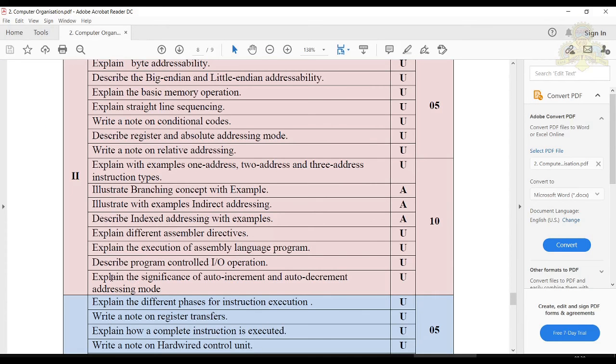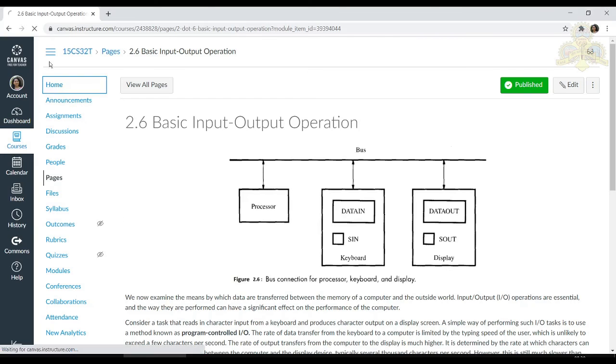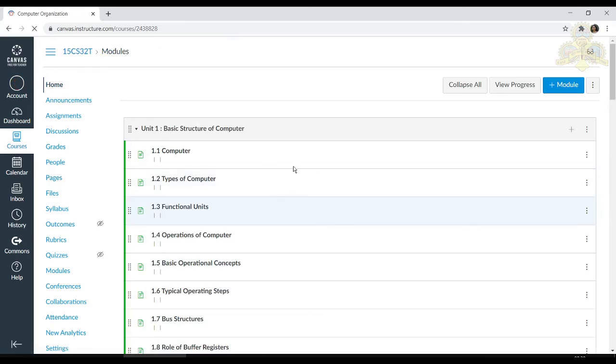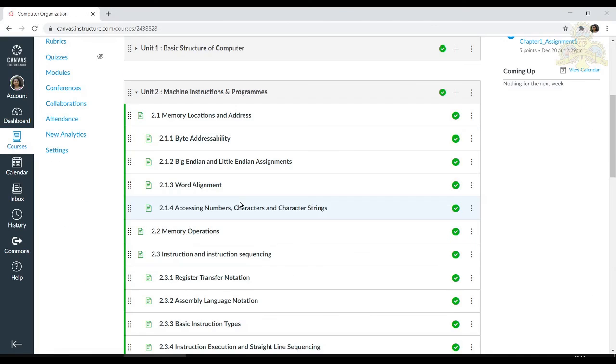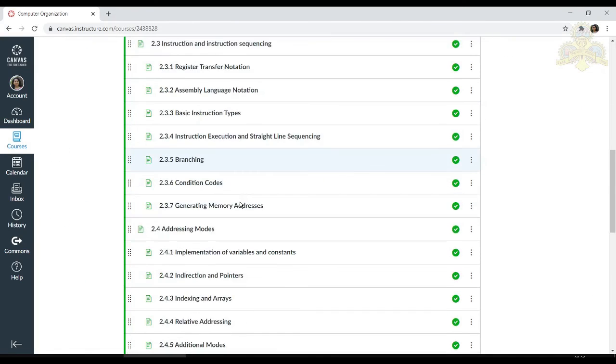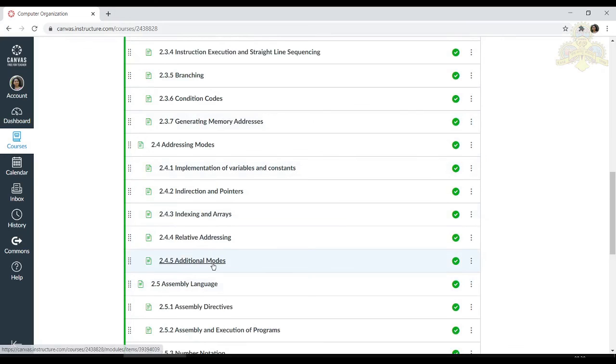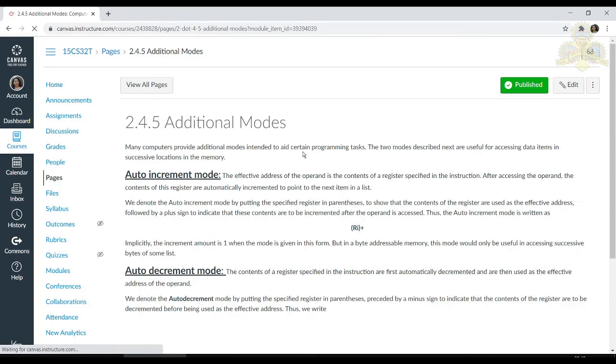The last one is: explain the significance of auto-increment and auto-decrement addressing modes. The answer for that question is in section 2.4.5, additional modes. This is the easiest one.